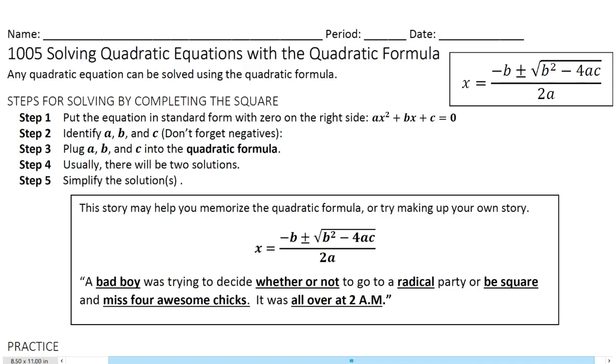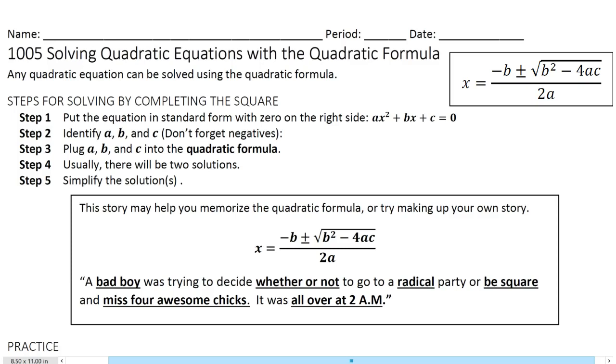Solving quadratic equations with the quadratic formula. This formula will let you solve any quadratic equation. All you need to do is memorize the formula, fill it in, and then simplify. The formula is x equals negative b plus or minus the square root of b squared minus 4ac all over